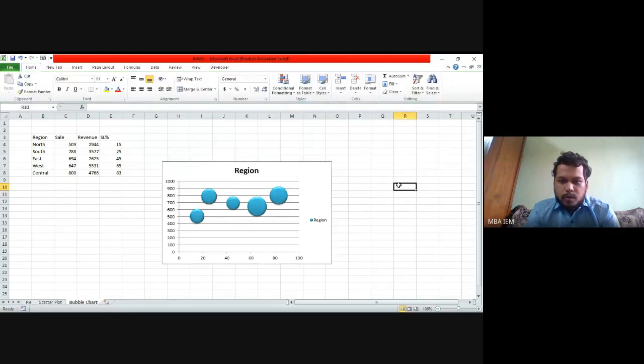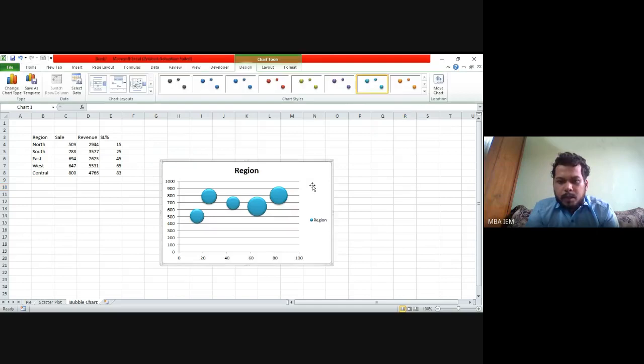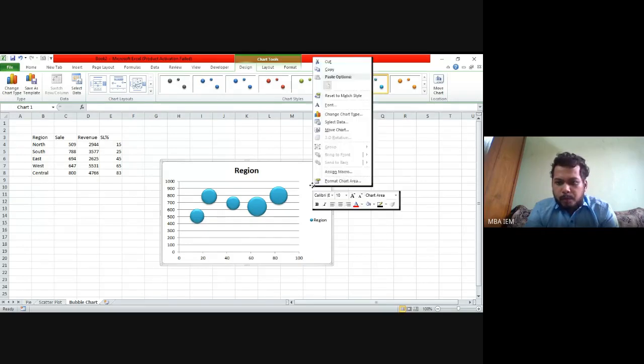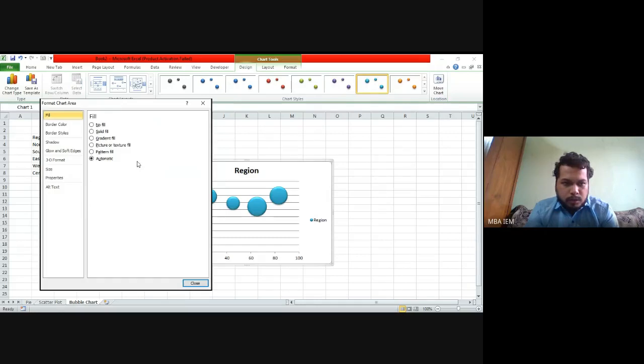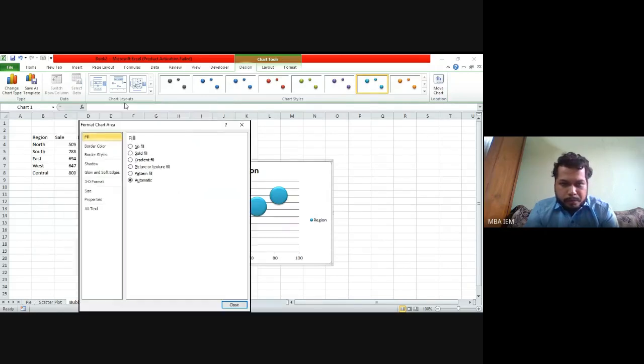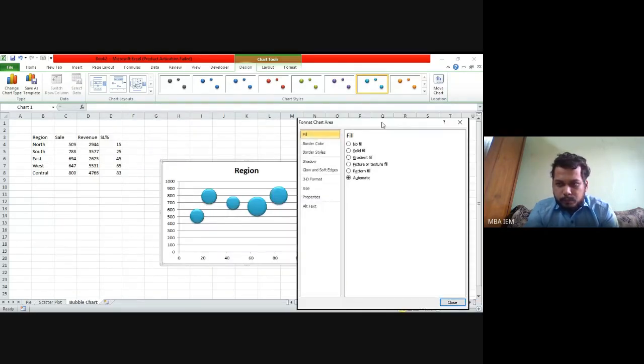Anyways, so now if I want to use color to define which one is greater and which one is smaller, what we need to do is go to format chart area. Just a minute.